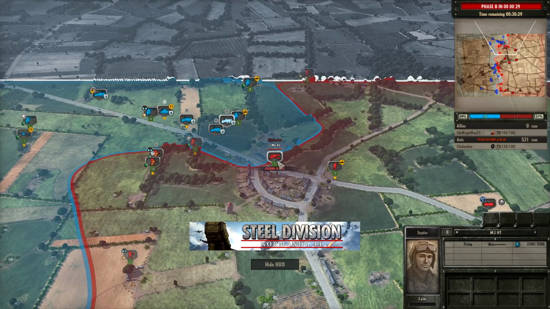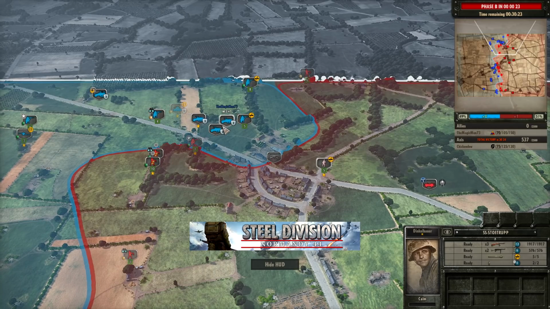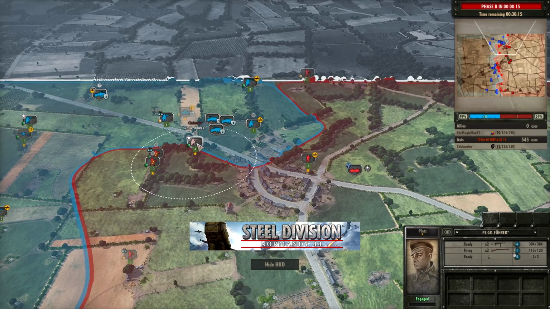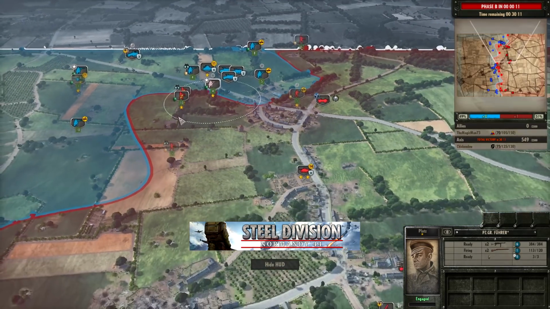Maybe an unnecessary death there for Chickendew's machine gun. Yep, it's gone. That's unfortunate. Not entirely sure that's what Chickendew had planned. These Panzergrenadier also revealing themselves by firing at the armoured rifles. That is not something that he wants to happen, because these Panzergrenadier are the only command in the area stopping